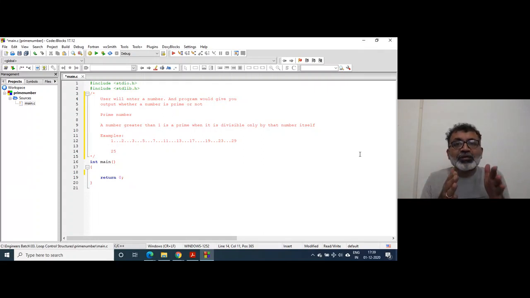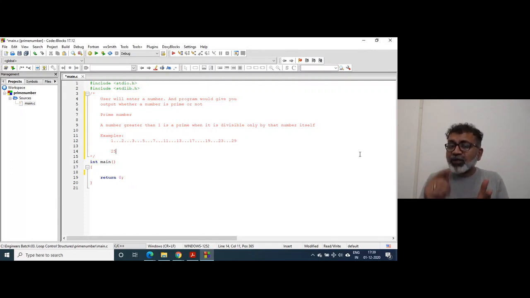Now, the generalized rule is that to check whether a number is prime or not, you have to divide that number from 2 onwards till that number minus 1. In the case of 25, we need to divide it by all numbers between 2 and 24.